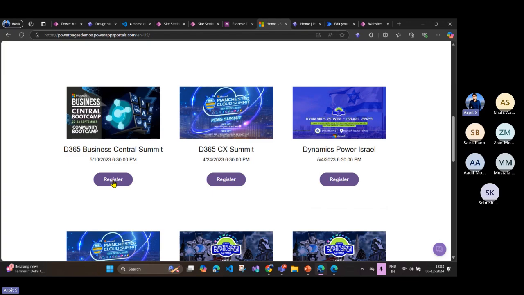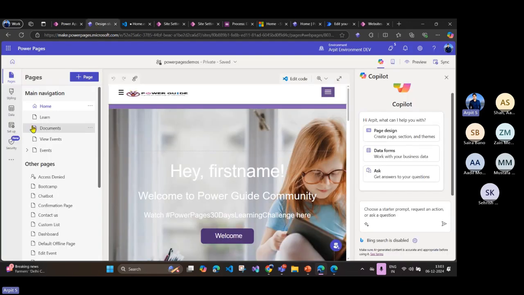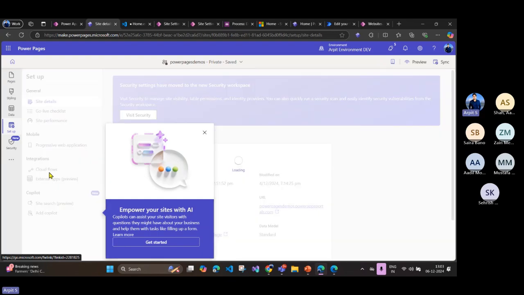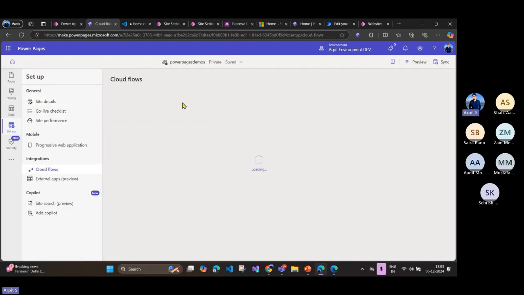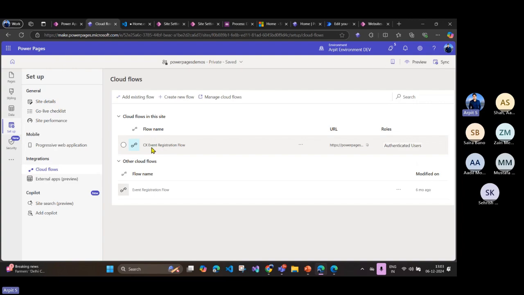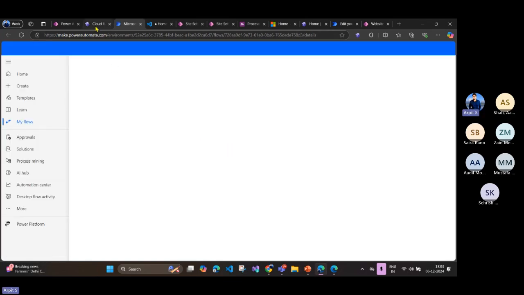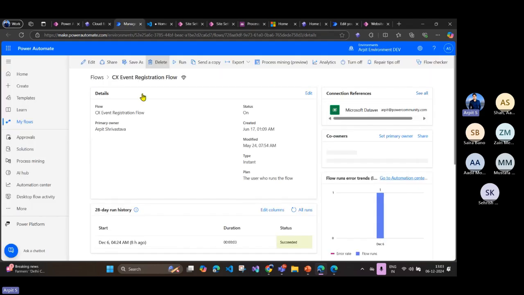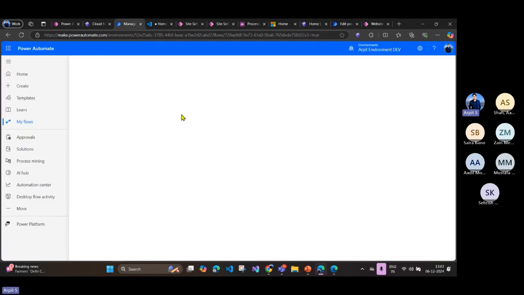Okay. So in order to call the Power Automate, go to the Design Studio, go to the setup, and here you will find the cloud flow option. Okay. And I've already created a cloud flow here. So go here and click on flow details. Microsoft has provided the inbuilt cloud flow integration nowadays, and it provides you the Power Pages connector as well. So you can see this is my flow. And if I go to edit,